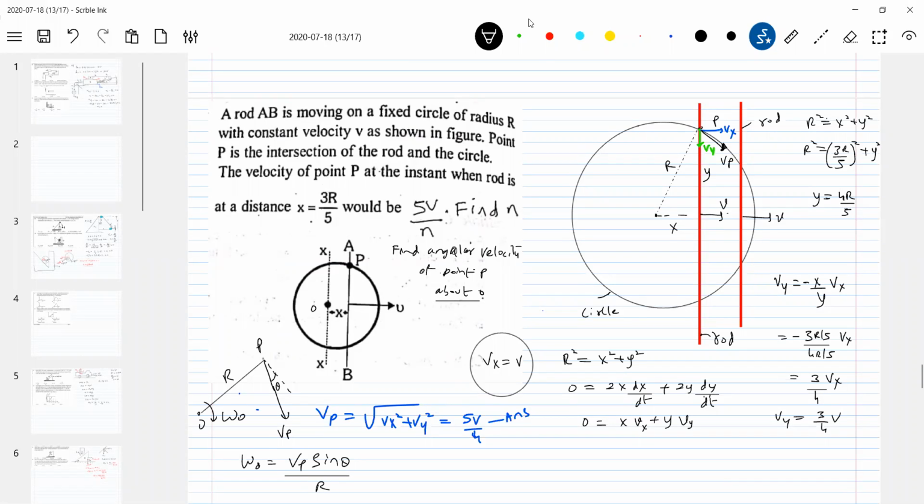Sir, where is the circular motion? Now you have to ask questions: who is moving? If I were asking only about Vp, it would be some constraint equation, but I'm bringing in angular velocity here. Don't think that only when an object moves in a circular path there is circular motion. You see, I'm asking the angular velocity of point P. I brought this intentionally so that a student will have a generalized idea.